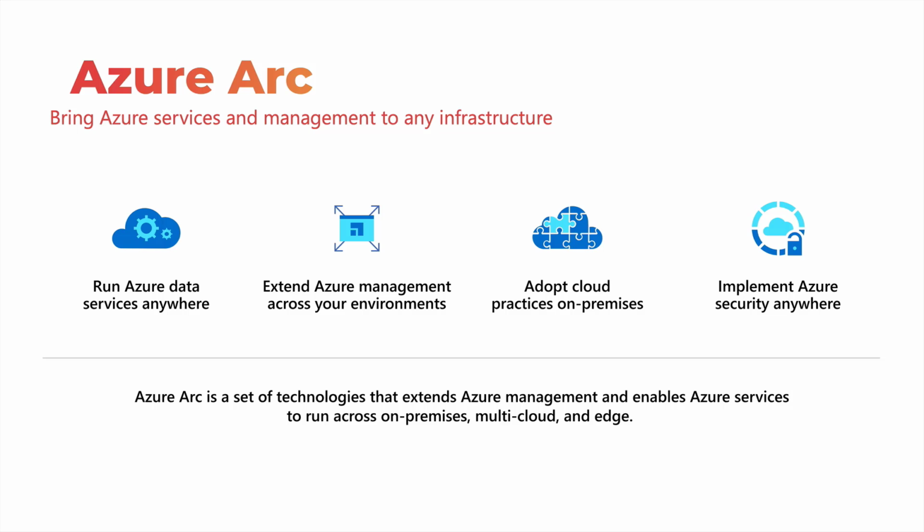Now that means whatever best practices you typically apply to cloud infrastructure, they can be extended to VMs, bare metal servers, and even Kubernetes clusters running in very diverse environments. And finally, this brings everything under a very policy-driven security context, because you can extend Azure security anywhere and everywhere through Arc. So these are the high-level promises, and these become very clear when we go through the demos and see some of these capabilities in action.